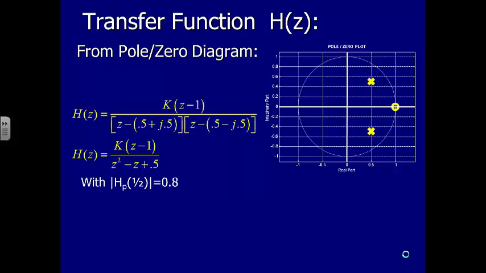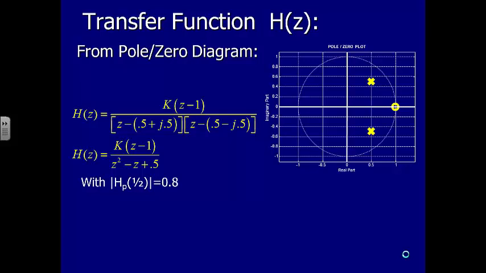-1. How did you know that? Because going around the circle once is 1, so halfway around is 1/2. Or, remember the angle is 2 pi f. We replace z with e to the j 2 pi f, so I need 2 pi f to be equal to 1/2. That means I need f to be 1/2, so I put 1/2 into 2 pi f,